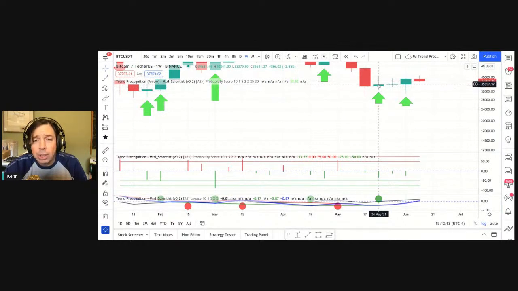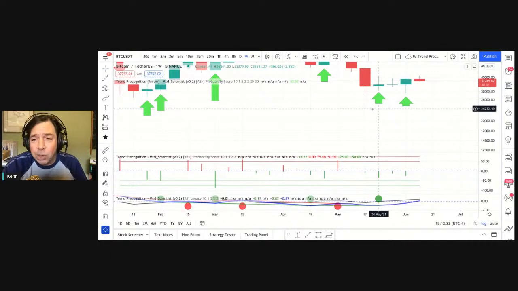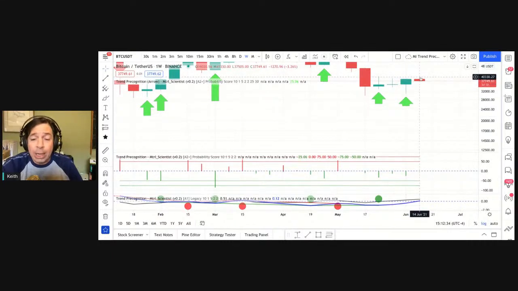We also had a long signal here, and we had another signal here. These are not especially strong signals, but as I said in the beginning, the length and strength of these signals does not refer to how large the move is going to be. It merely refers to the strength, the probability, and likelihood that the move is going to play out. It could reverse in the very next candle.